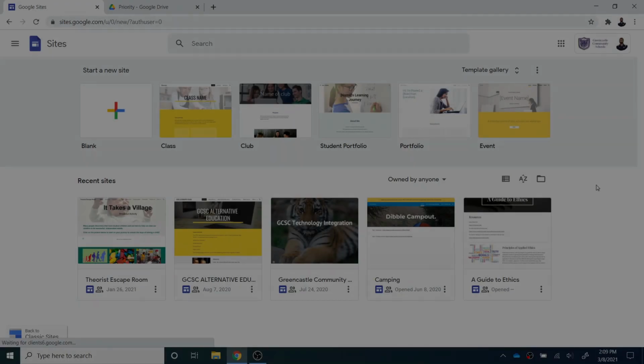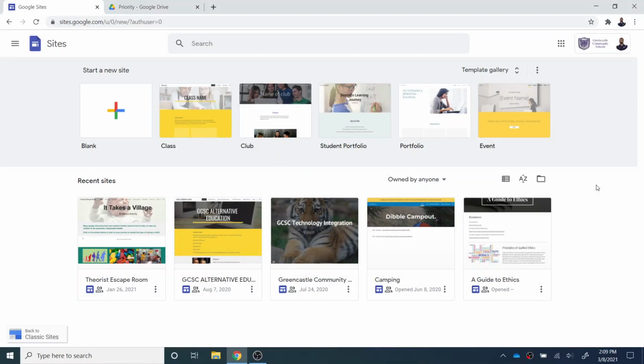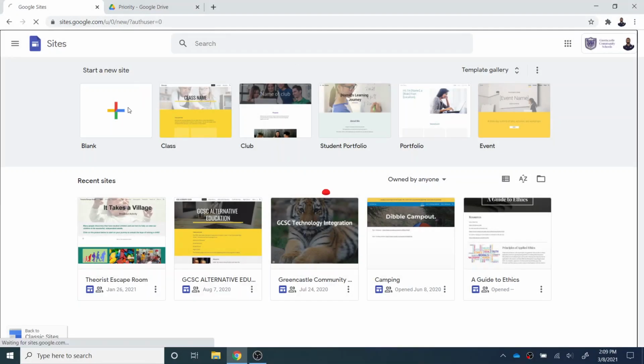Okay, I tried to click and my internet went out there for a minute, so let's try this again. I'm going to select blank and just create a blank website here, as opposed to selecting one of the templates. So once that loads,